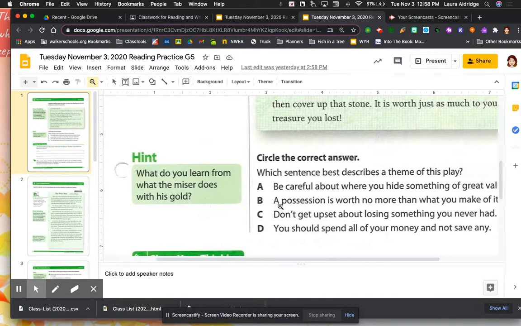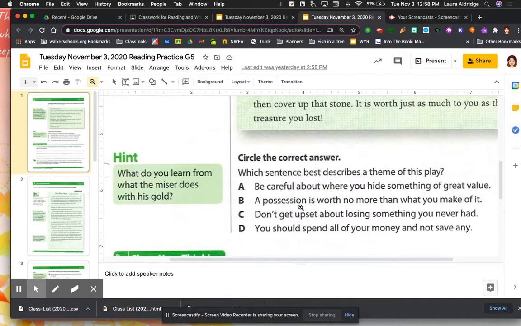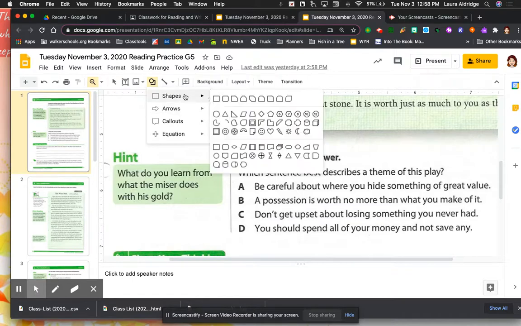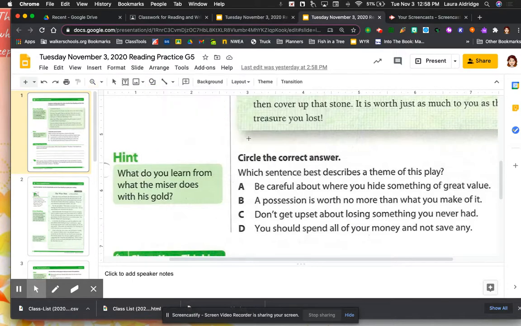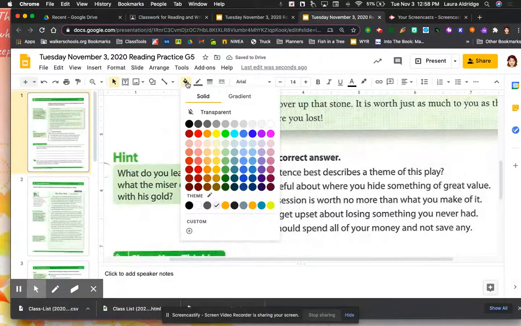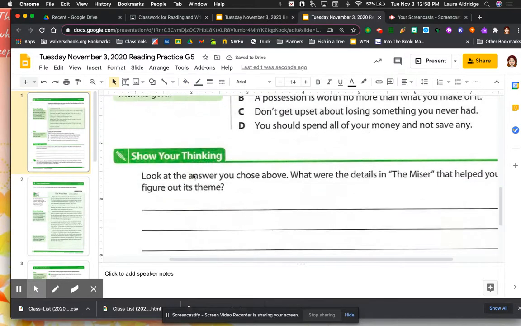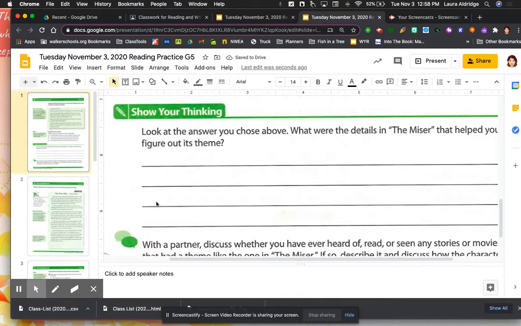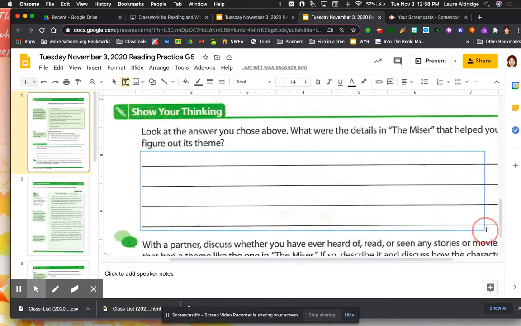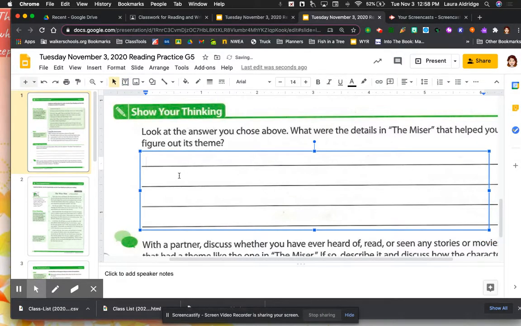All right. Now, another thing that I want to tell you is that today I didn't include circles. So you're going to have to draw your own shapes and circles today in order to circle your correct answer. Now, remember that when you draw a circle, it's going to be colored in. So you can go to your paint pot, your fill tool, and make it transparent. Another thing I want to tell you is that anytime on your page that you see multiple lines underneath a question, I do want you to answer that question.